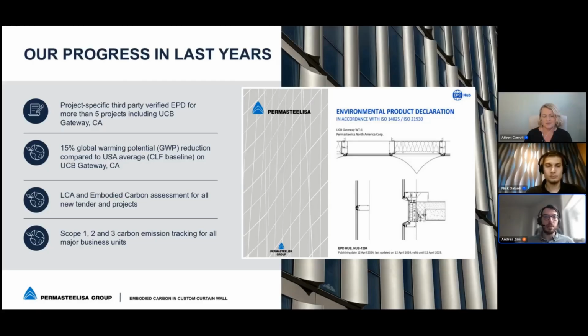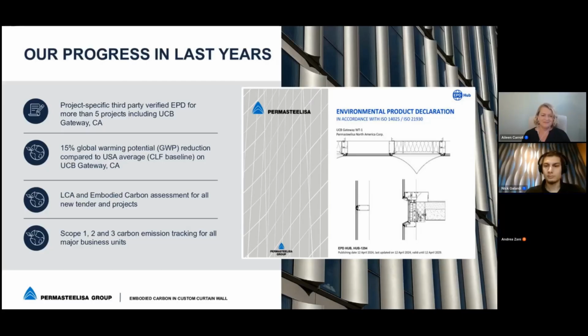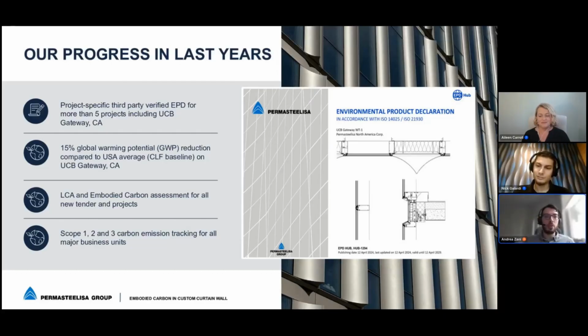We, as I said before, achieved the first project-specific curtain wall EPD for North America for a project in California, UC Berkeley Gateway, and we were able to achieve a 15% reduction of global warming potential compared to the CLF baseline on that project, using One Click, using life cycle assessment, and really drive change. And then we are bringing life cycle assessment and embodied carbon assessment for new tender and